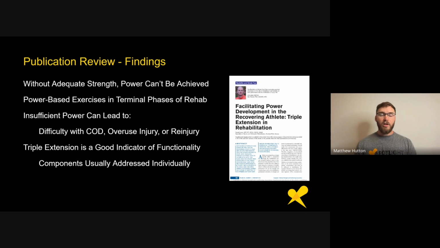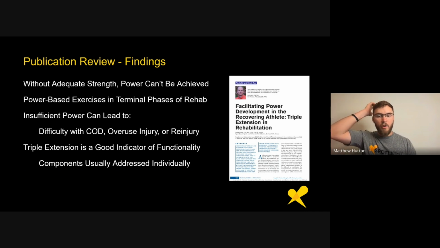He was arguing that the power-based exercises in the terminal phase of rehab are critical. Similar to what I was saying, a lot of ATs will go through and test strength and say, okay, they're good to go on the field now, or good to go on the court now. Whereas he's making the argument that there should be more end stage rehab done in a gym context